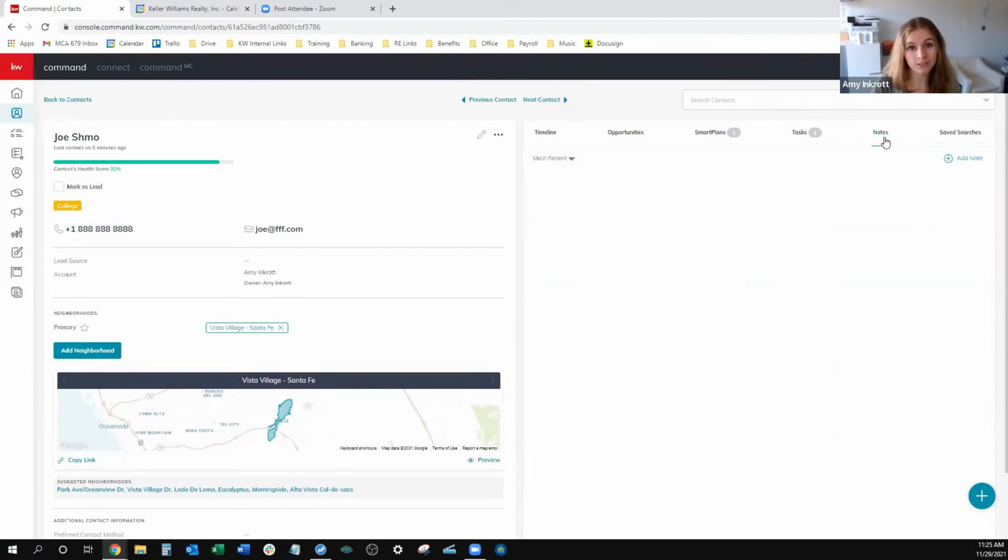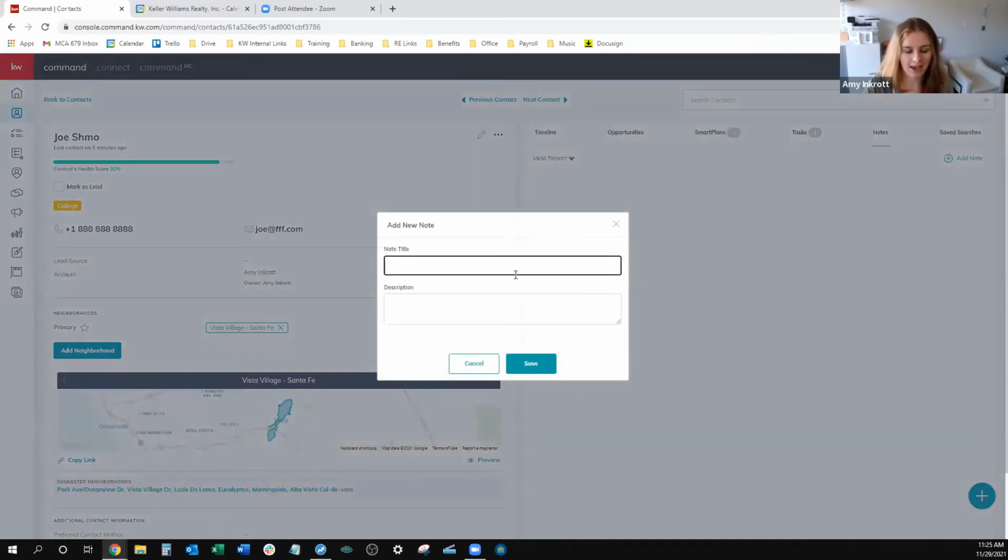Last, we have notes. So say you're making phone calls and you're making sure that everything that you just talked about is going to be in your database. This is going to be a good place for you to add it. This will add notes that you can refer back to, or you can see on your timeline as your most recent conversations. Again, all you have to do is hit this little plus button, add a title of the note,